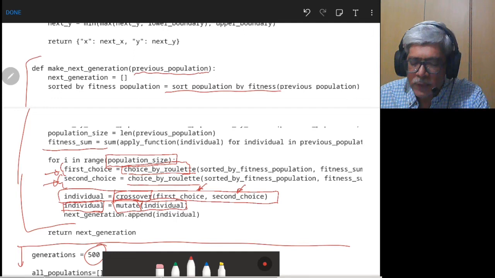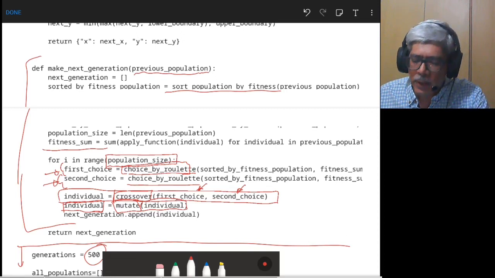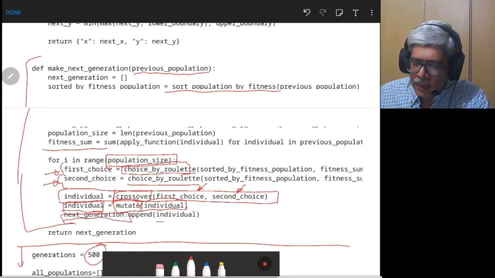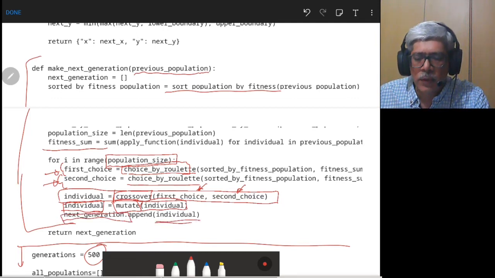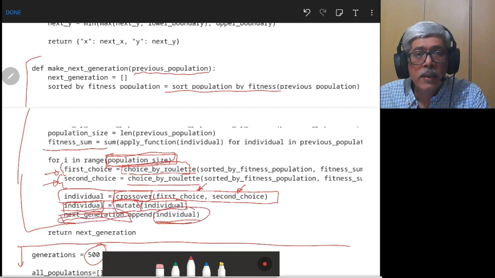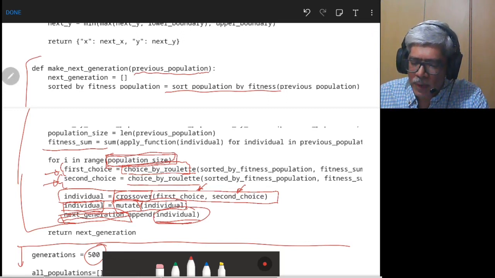Whatever probability I'm setting there, say 5%, to that probability the individual will either get mutated, its string values will get mutated, or not mutated, and the next generation is appended with the new offspring. You do this for the entire population size. Finally, since my population size is 75, 75 new offsprings will be formed by this procedure.